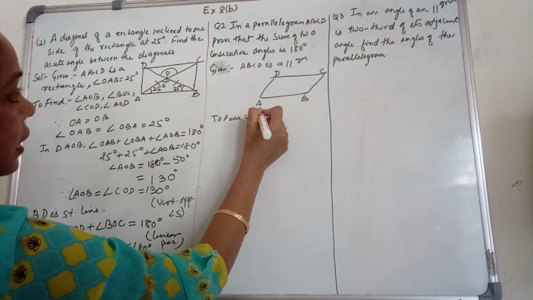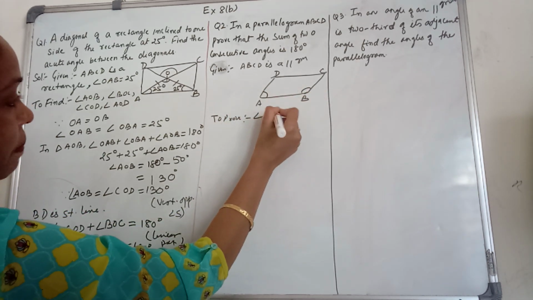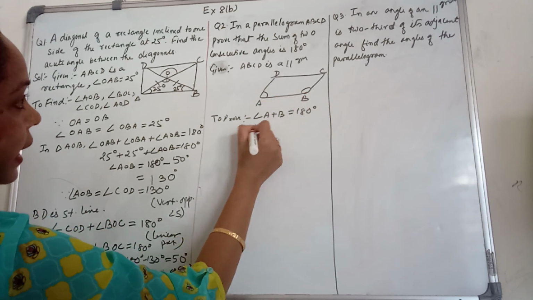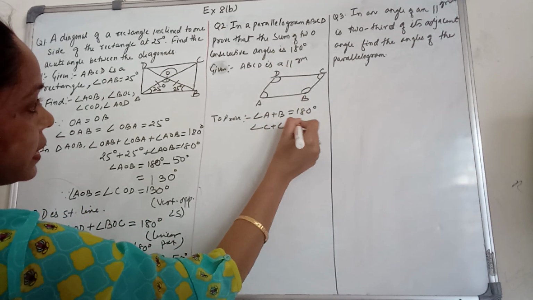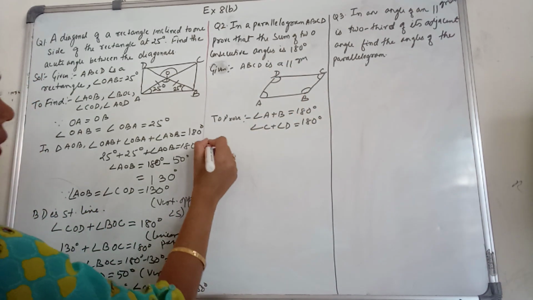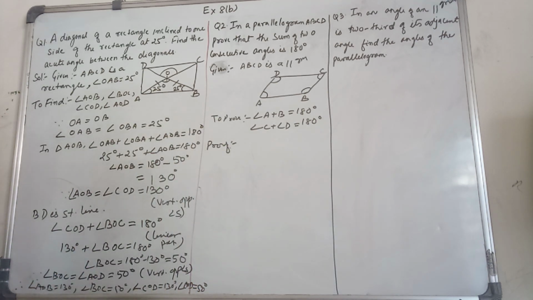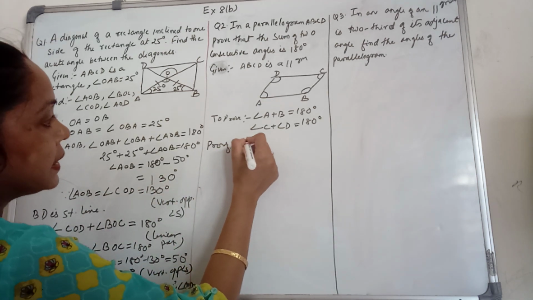What you have to prove? Consecutive angles: angle A plus angle B equal to 180 degrees, and angle C plus angle D is equal to 180 degrees. Let's start the proof. Now to prove, what we know is that in a parallelogram, since